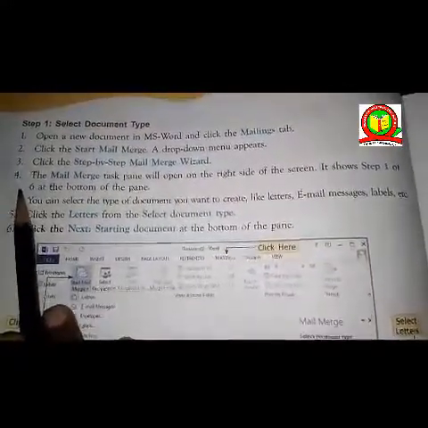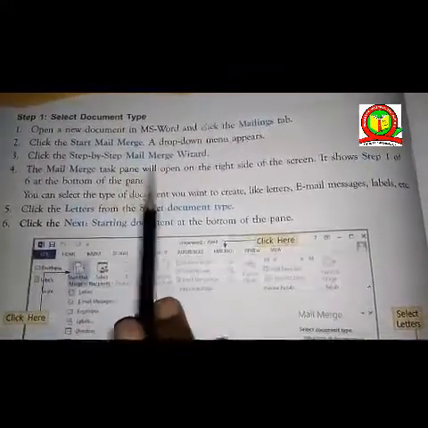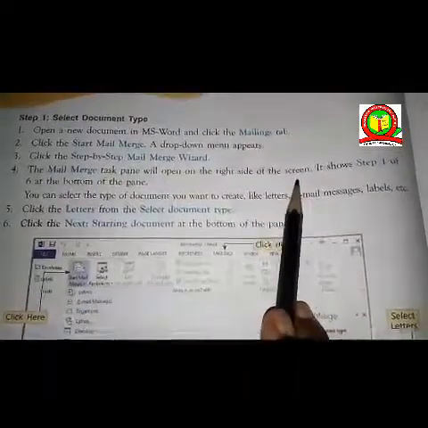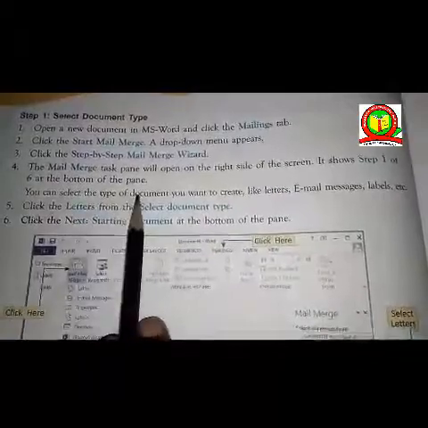Fourth, the Mail Merge task pane will open on the right side of the screen. It shows steps 1 to 6 at the bottom of the pane.